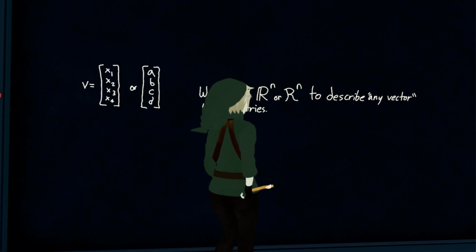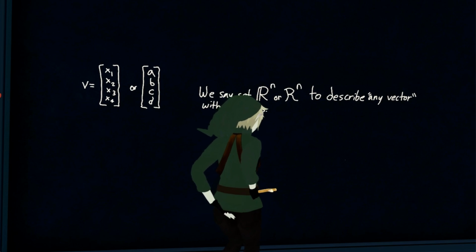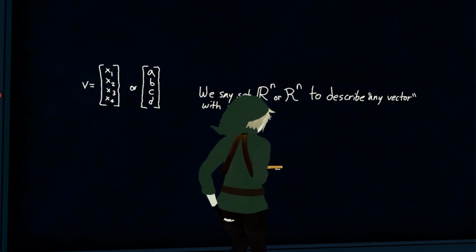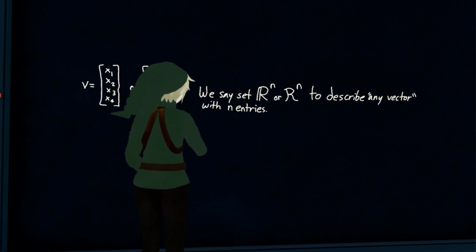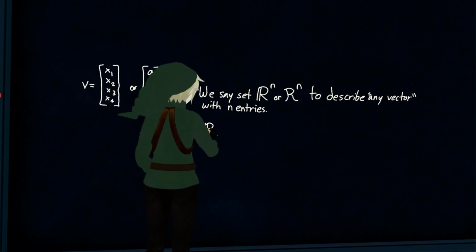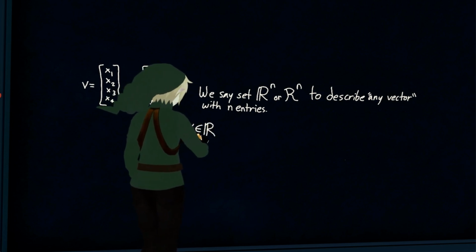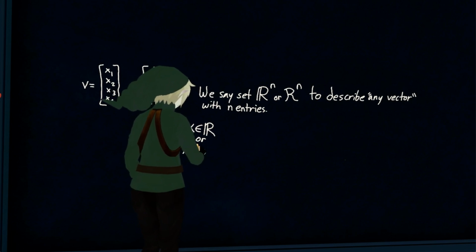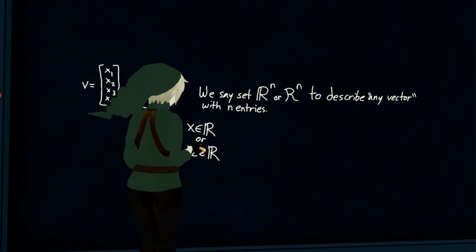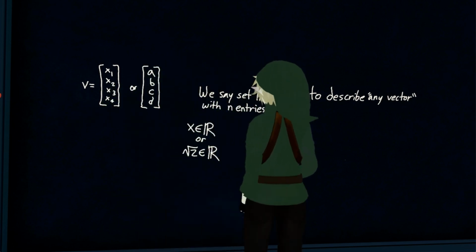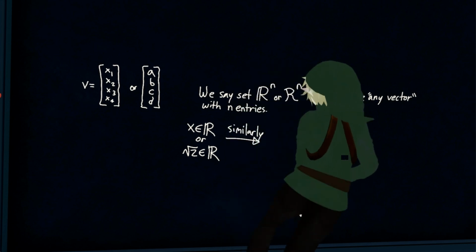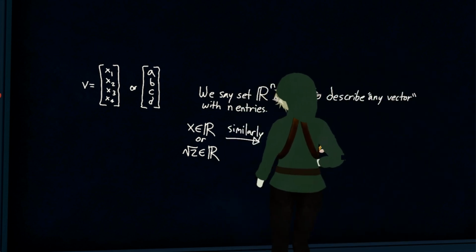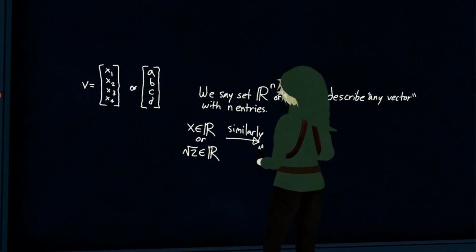Okay, now let me give you an example of what this means. So for example, it's just like how I showed you, x can be, or square root of 2 is a real number, right? X can be any real number. Similarly, the way we're going to write it, similarly,